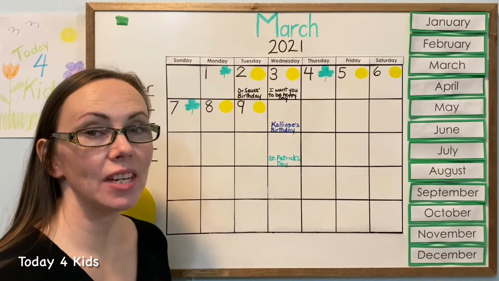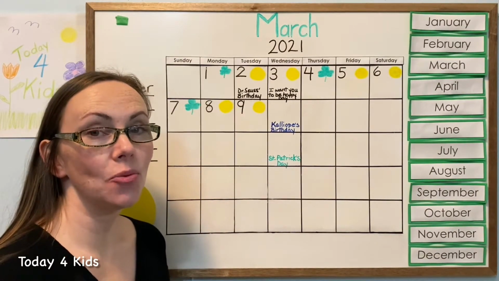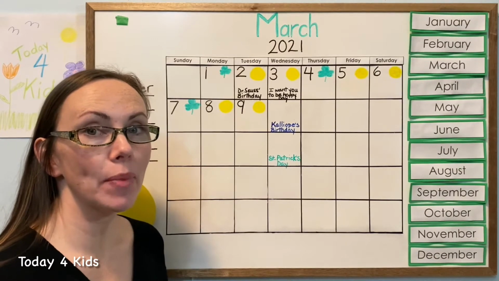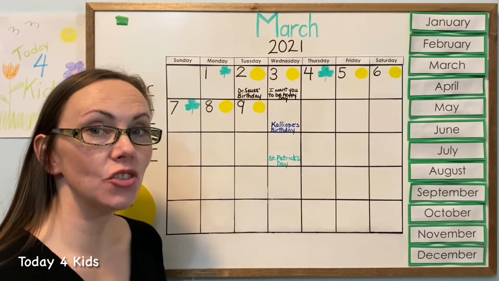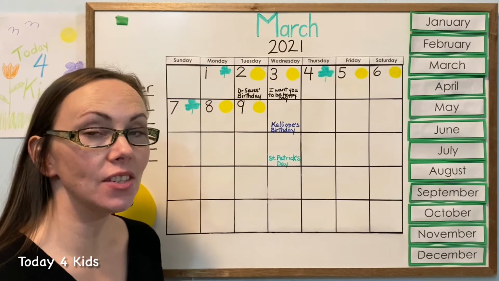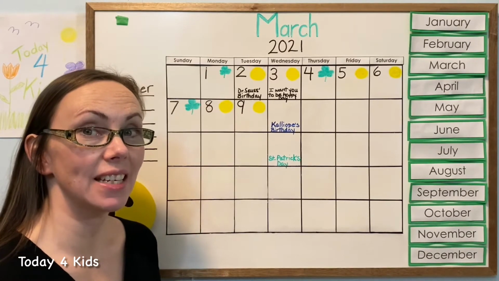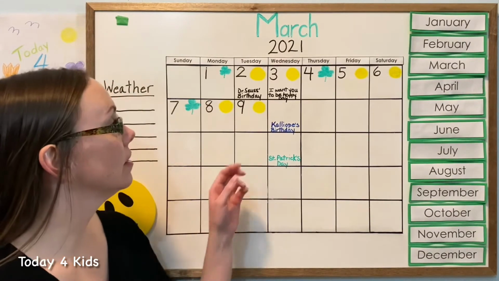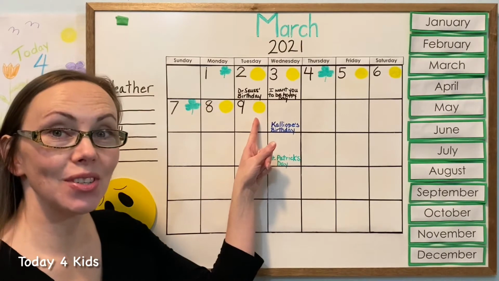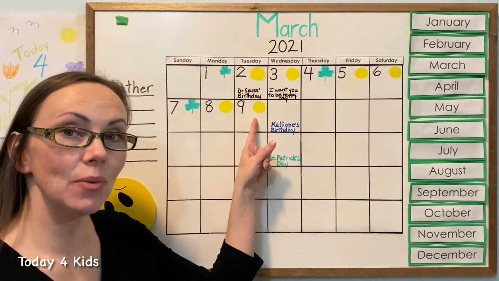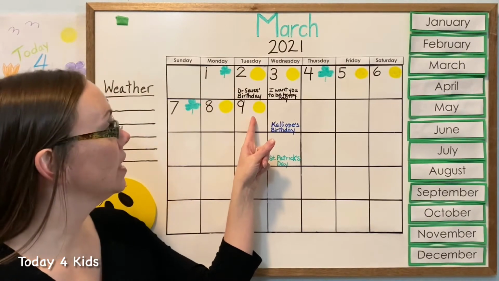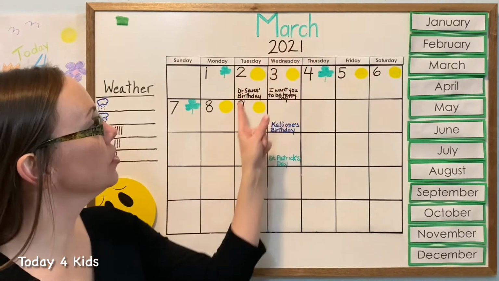Let's figure it out together. Can you look on the board and see what shape we drew last in our pattern? That will tell us what yesterday was, and knowing what yesterday was will help us figure out what today is. What do you see? Did you guess a yellow circle? That's right. Yesterday was a yellow circle, and it was Tuesday, March 9th,